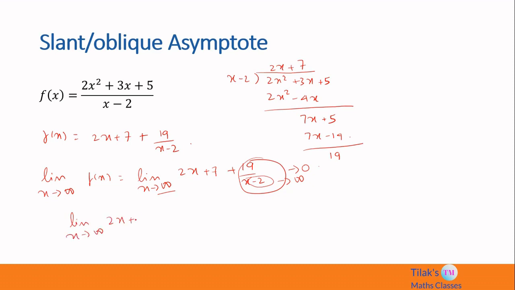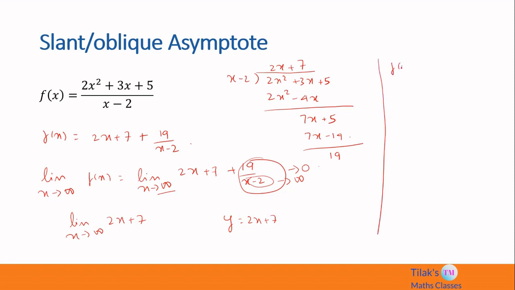2x plus 7. So, again here also we see that when x is tending to infinity, f of x behaves like a straight line with equation y is equal to 2x plus 7. So, the equation of the oblique asymptote is y is equal to 2x plus 7. So, whenever a rational function is given to us, we can determine the equation of the oblique asymptote by merely using long division. Let us consider one more example.